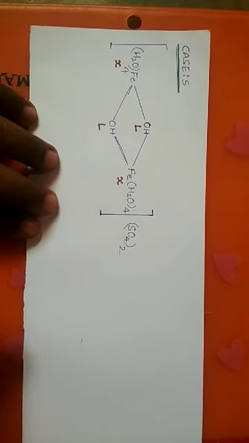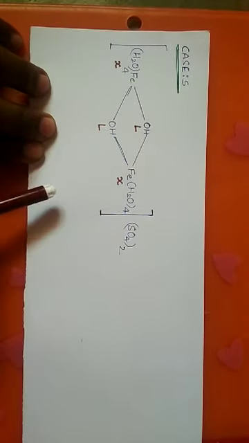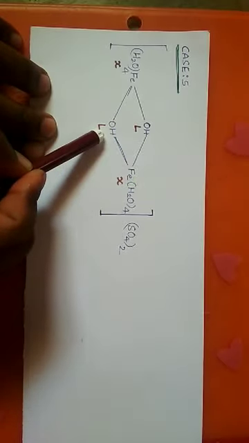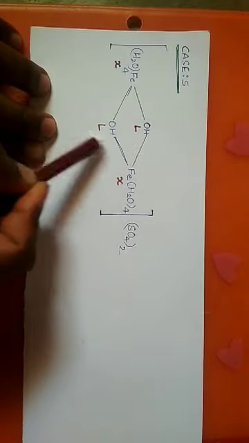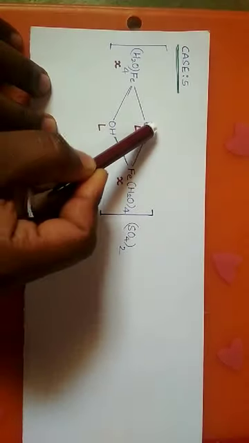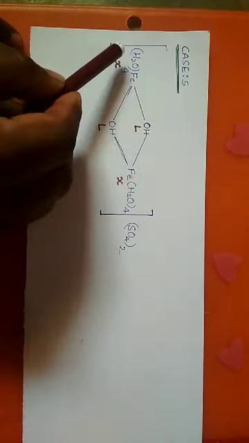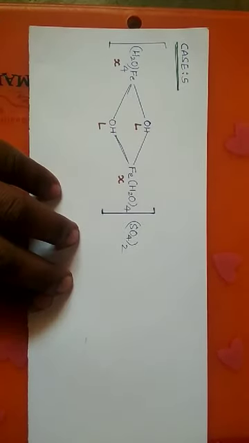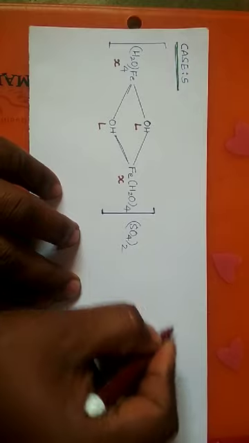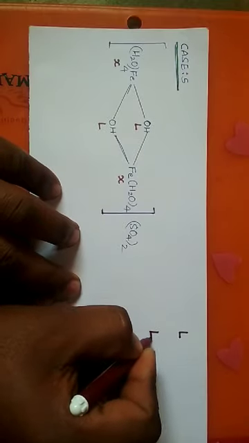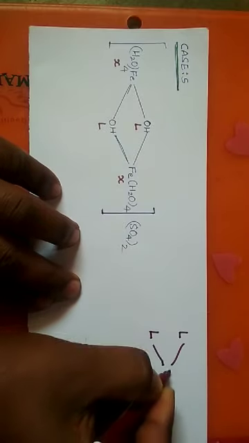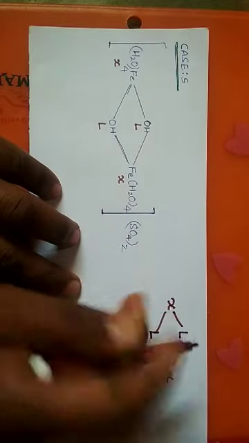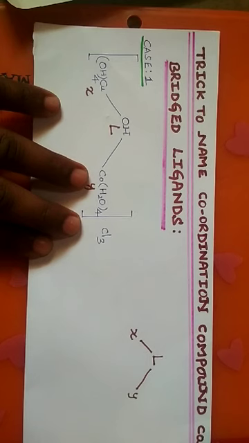In the fifth case, the groups are also the same, and the ligands are also the same. See, the ligands at the center, both the ligands are the same, hence I will consider them as LL. I won't name them L1 and L2. Why? Because both the ligands are the same and both the attached groups are also the same. This is the fifth case. It can be written as L, L, X and on the left side also X. Why? Because both the groups are the same.